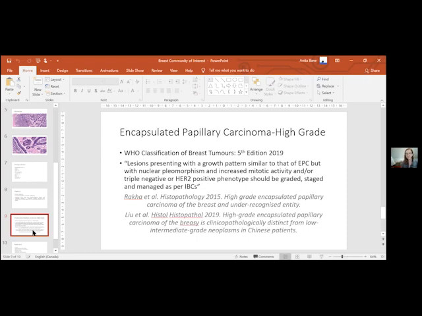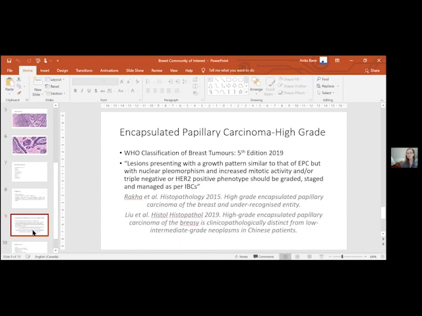And they cite lesions presenting with a growth pattern similar to that of an encapsulated papillary carcinoma with nuclear pleomorphism and increased mitotic activity and/or triple negative or HER2 positive phenotype should be graded, staged, and managed as per invasive breast carcinomas. And subsequent to that quote, they cite 2 papers, one by the Nottingham group, Rakha et al.,